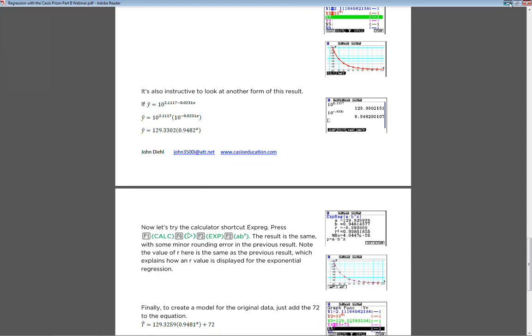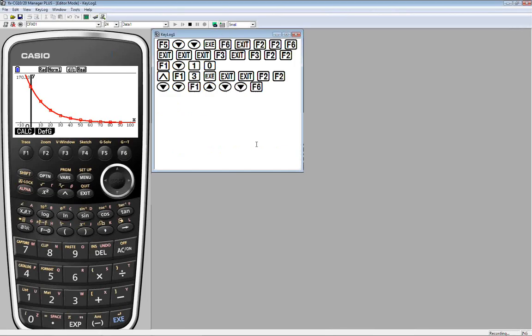And I think the important point I'm trying to make is, yes, many of you know if you go to the calc menu, instead of linear or even these polynomials, go to F6, and here's the built-in exponential regression feature.